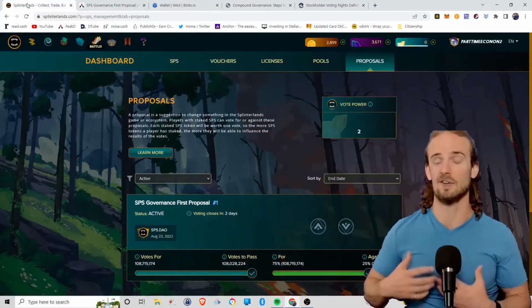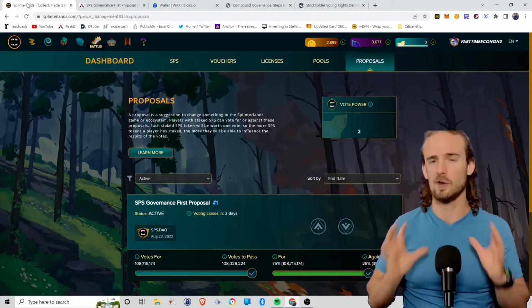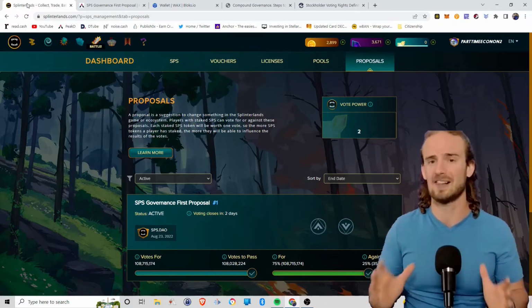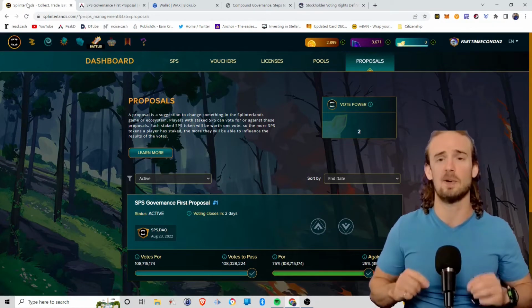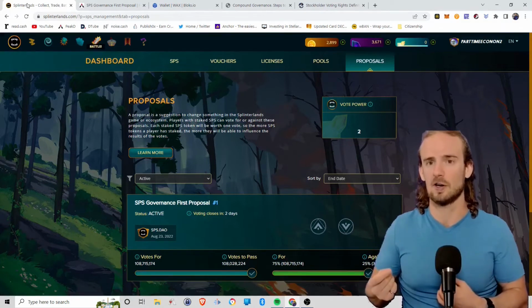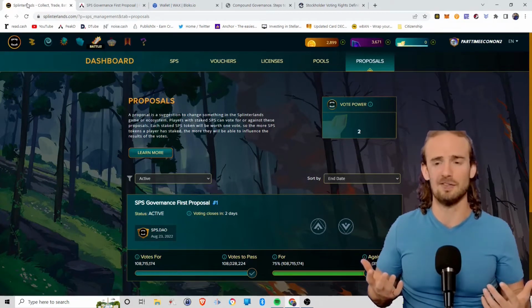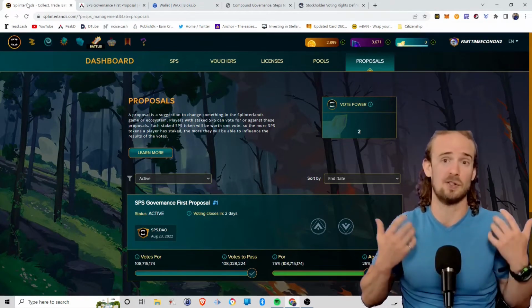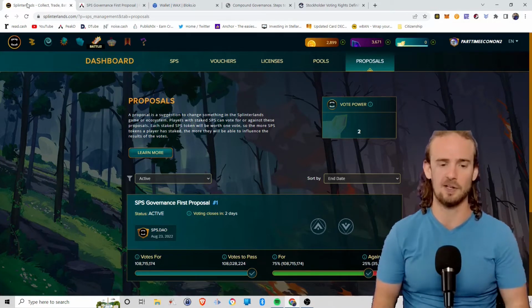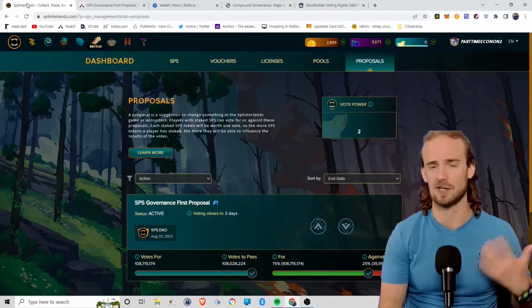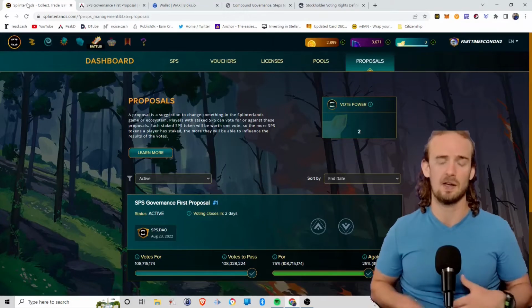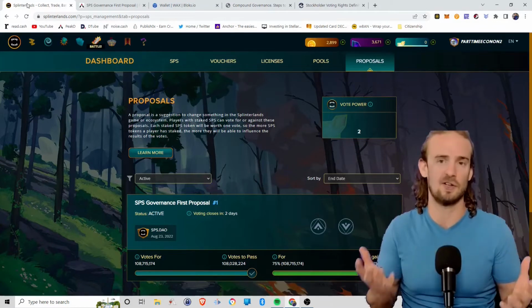Now, let's look at the other aspect of this. Let's look at a governance token example. Remember, with governance tokens, we're not validating these transactions. We're trying to determine what the rules are. So there's a number of different circumstances in which you might want to change the rules. One example here is the Splinterlands game. It's a blockchain-based game, and they're basically saying, should we implement a governance structure?